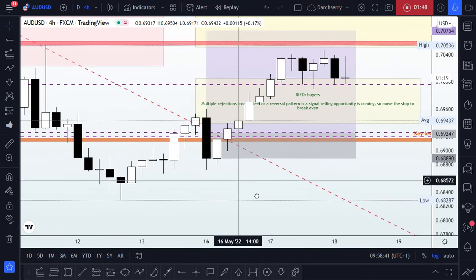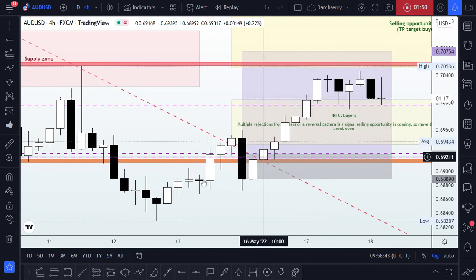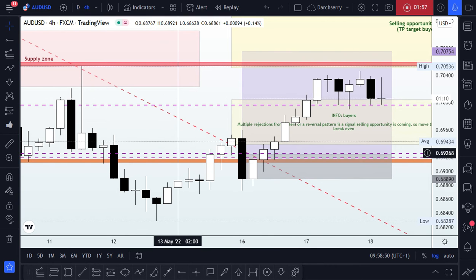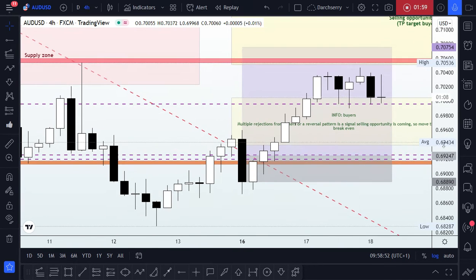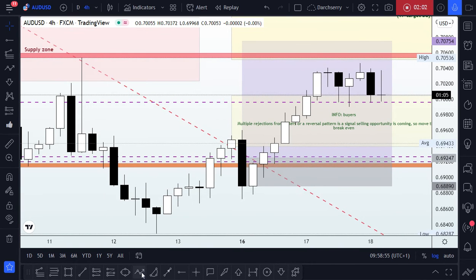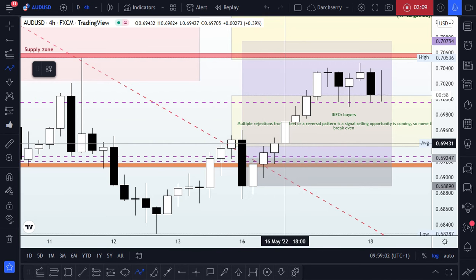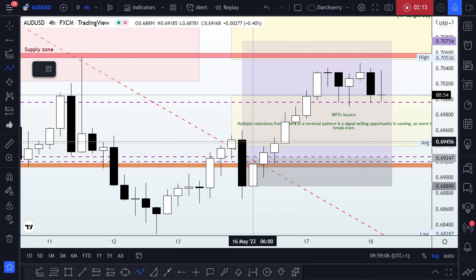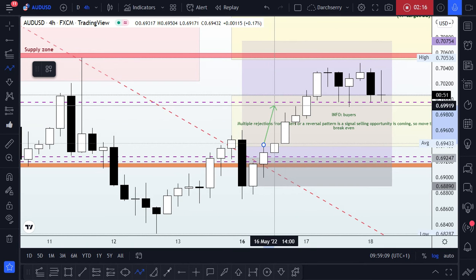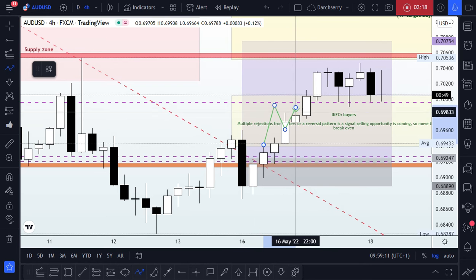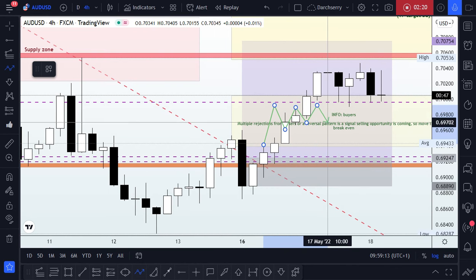And in that regard, I made a couple of updates where we had two positions running, one at 0.69200 and the other one at 0.69268. And I made mention also in that video that we should take into cognizance this area around 0.69450 and 0.7 area where we should be watching out for multiple rejection or a reversal pattern that will be a signal for selling opportunity